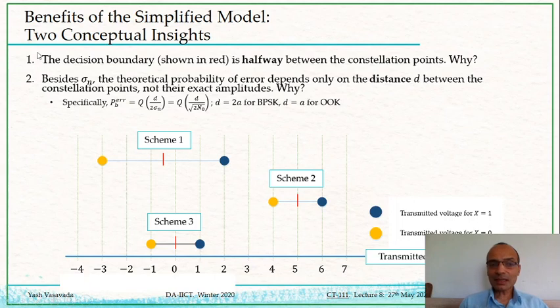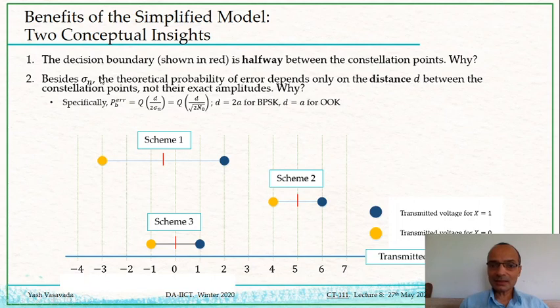The first claim is that the decision boundary, which is in the red, is halfway in between these two points. Blue corresponds to x equal to 1, yellow corresponds to x equal to 0, and the red is the decision boundary. So no matter which scheme we pick, we will always draw the decision boundary halfway between blue and yellow. Again, that can be shown mathematically, which I leave up to you. And the second